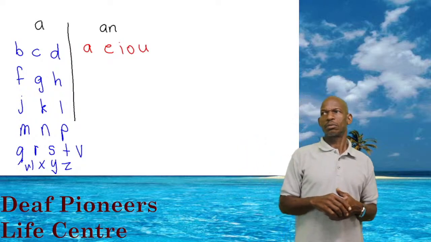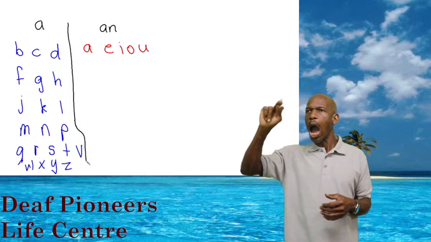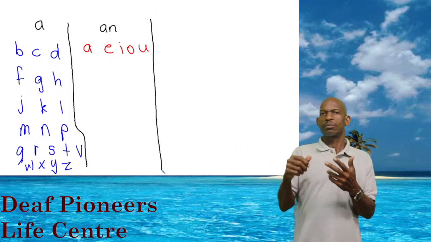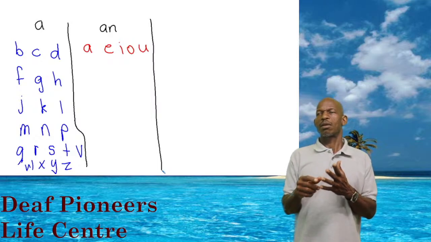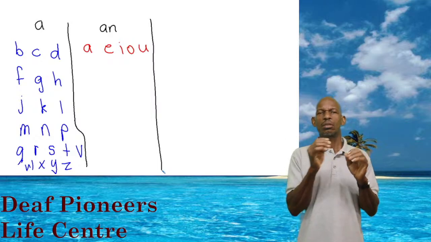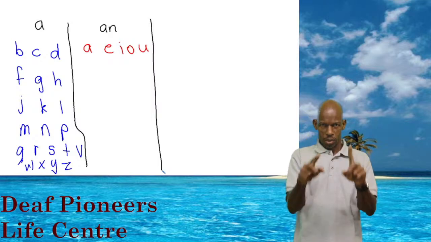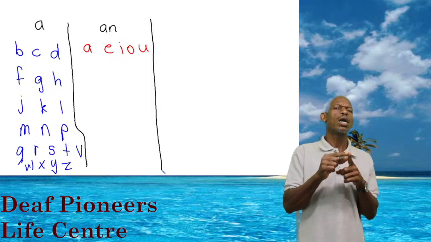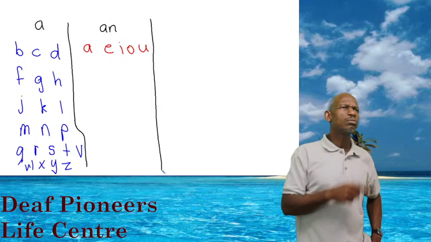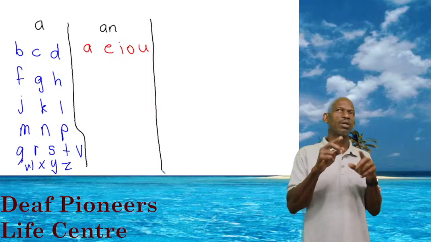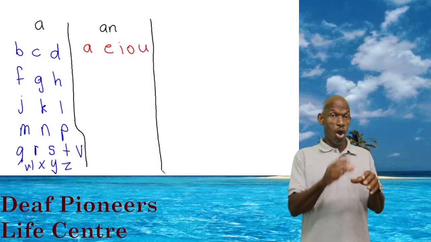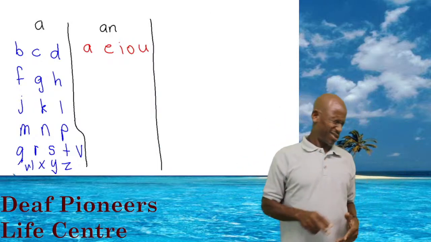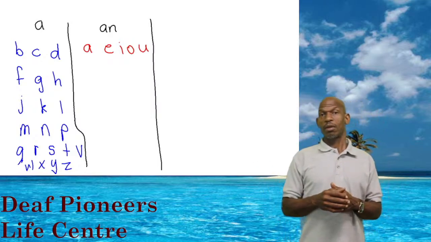There are exceptions to this rule because this rule really depends on the sound, and because deaf people cannot hear, I did not bring it in before. But as you asked the question, I'm going to bring it in. Based on the sound of the word, when we say the word, there are different sounds for the consonants and different sounds for the vowels. And if the word has at the beginning a vowel sound,